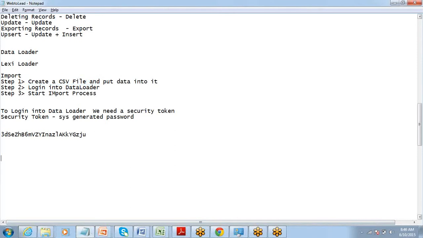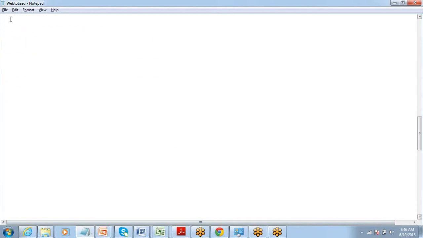So if I have to create a trigger, let's say I want to create a trigger which should check whenever a new contact is being created. It should check if the contact email field is null or not. If it is null, it should throw an error. Should not allow the insert operation to happen.